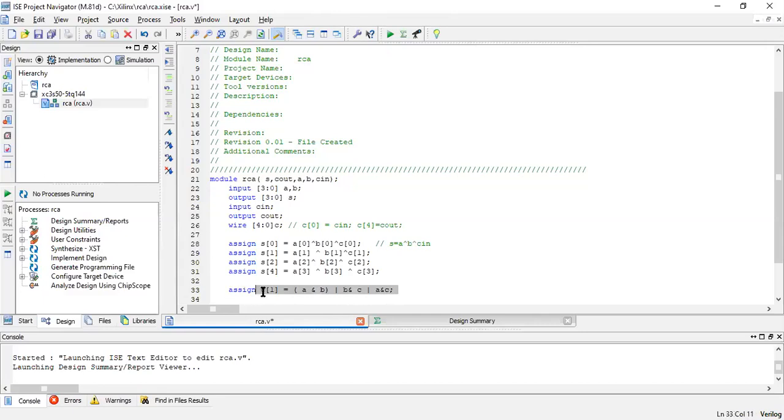I will keep it as reference so that it is easy to write. So what is C1? The output C out. Let me write this as C out, and this as C in for understanding purposes. So this is C in, this is also C in.